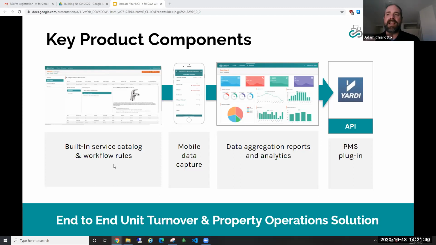We don't want people to have to build their own list of inspection templates. We don't want people to have to figure out what's the best way of doing things. We want people to take the benefit of our years of experience and all of the experiences that we've had with our customers, and just try to incorporate those into their existing processes.